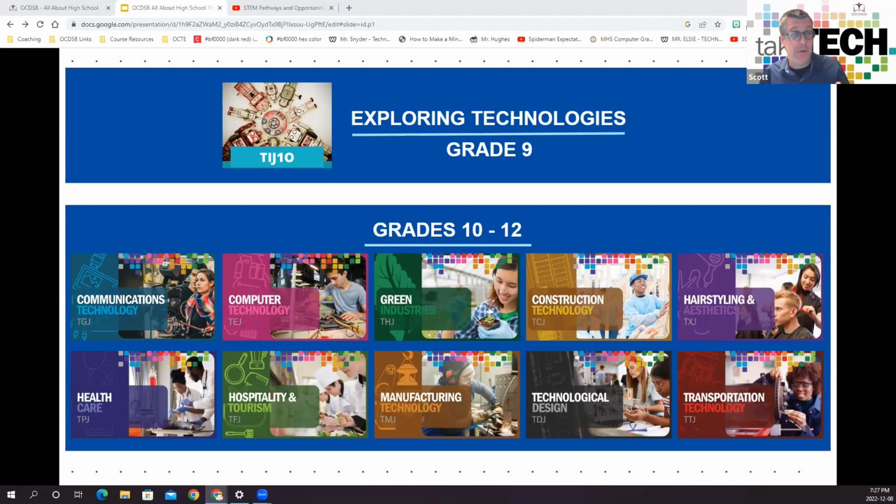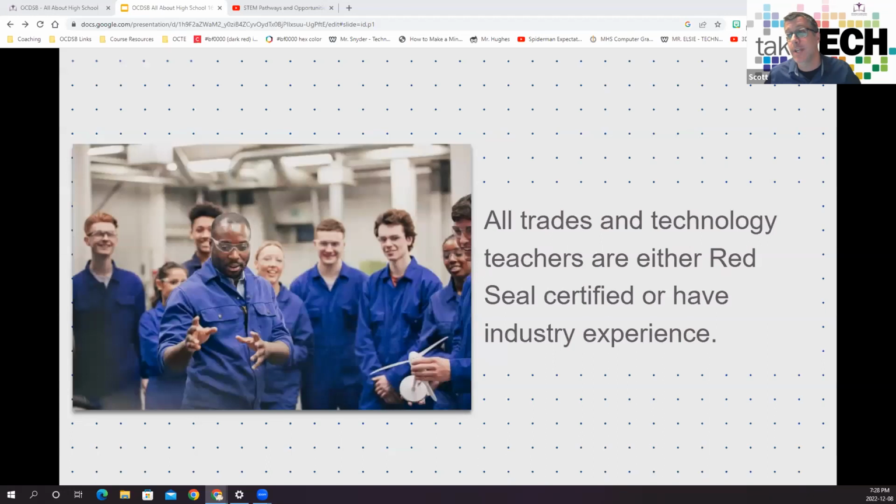One of the things I wanted to emphasize about our trades and technology courses is that all trades and technology teachers are either Red Sealed certified or they have industry experience. So one of the requirements to teach trades in technology in Ontario is that you have to have industry experience, should it be a certain area, or you have to be Red Sealed if it comes to areas like transportation and construction. So we have technology teachers that have worked in the industry and are bringing that experience into the